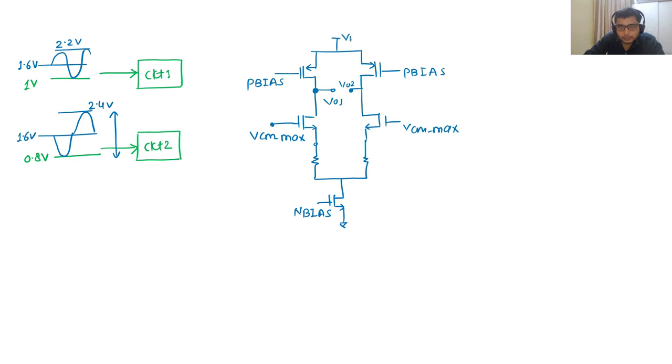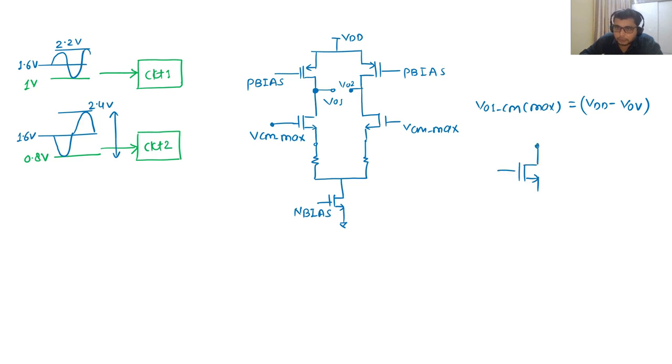The maximum value the output node can go is your VDD. The maximum I am talking about, the common mode wise, is always about the DC things. So the maximum value of output is nothing but VDD minus the overdrive of PMOS, which is again 200 millivolt, which I am writing as overdrive as of now. Okay, so now one thing comes up: if I am going higher than this, and this is NMOS,